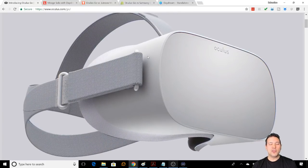You don't need to have a Samsung Galaxy device anymore, you don't need a Daydream phone anymore, and it's pretty awesome. And of course, you also don't need a gaming PC. So for $199, you get this device, the Oculus Go, and you can delve into VR with it. I'm going to tell you a bit later in this live stream what you can do and what you cannot do, but still,